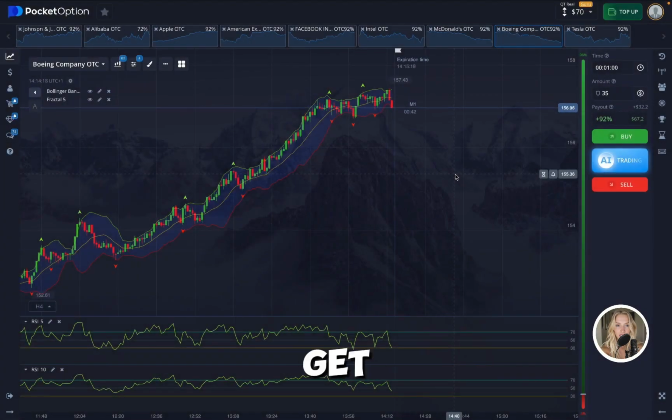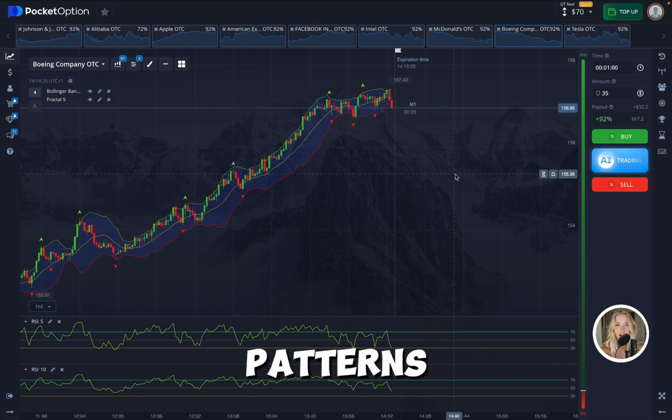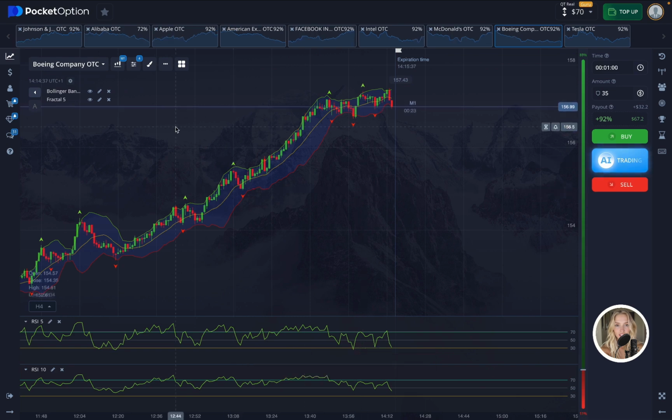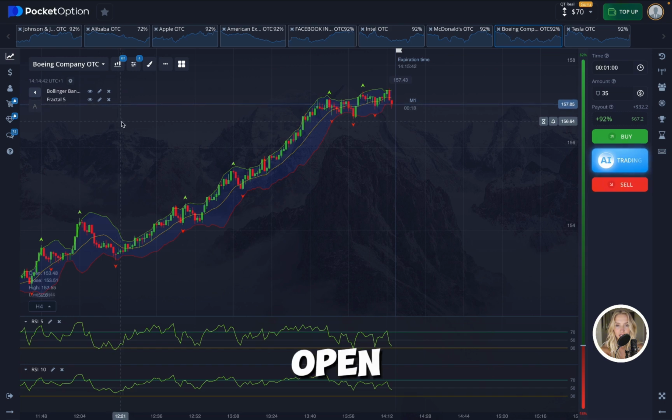So, let's get started with today's trading. I'm focusing on company stocks and assets with the best movement patterns and payout percentages, which you can see right here. I have already made a small analysis of the market and came to the conclusion that today we will use the following strategy. It is universal in my opinion, and thanks to it, you can open trades as well